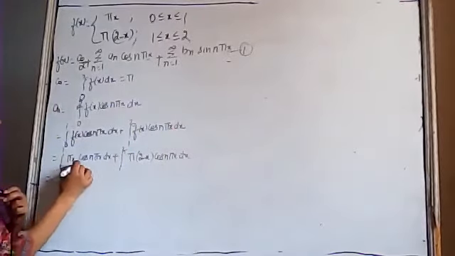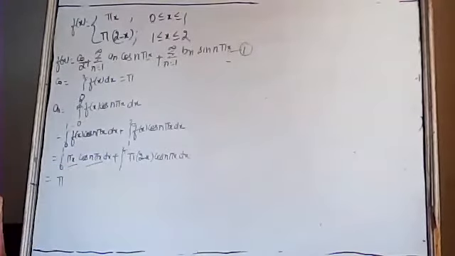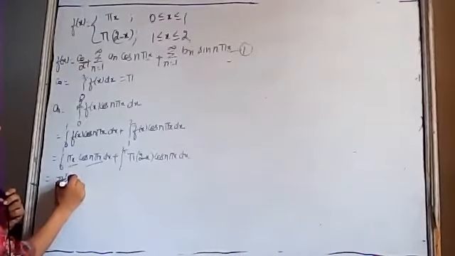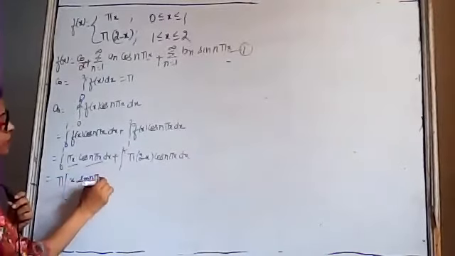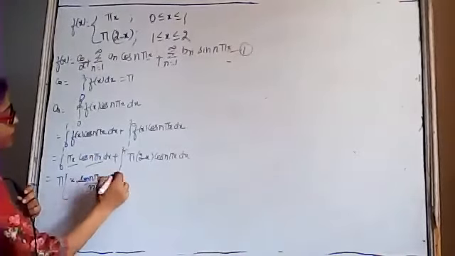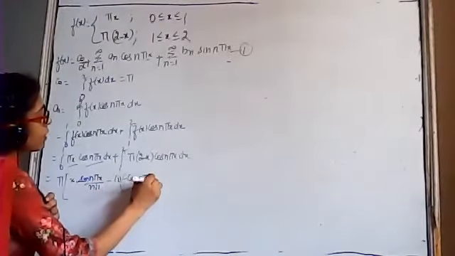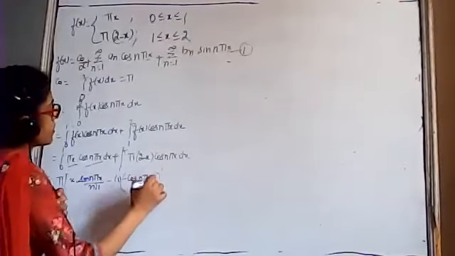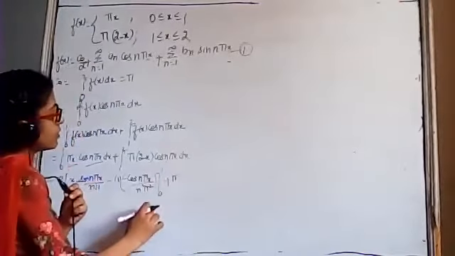Again, we have to integrate it by parts. First term is pi x and second is cos of n pi x. Pi can be taken again outside the integral sign as it is constant. Integrate it. First function as it is. Integration of cos is sine of n pi x upon n pi, minus differentiation of x, which is 1. Integration of sine is minus cos of n pi x upon n square pi square. And the limits are from 0 to 1.